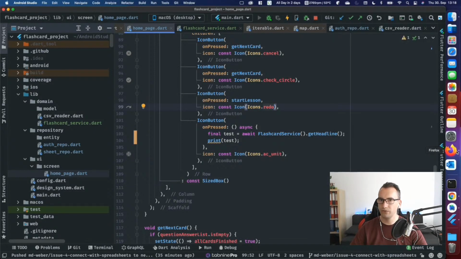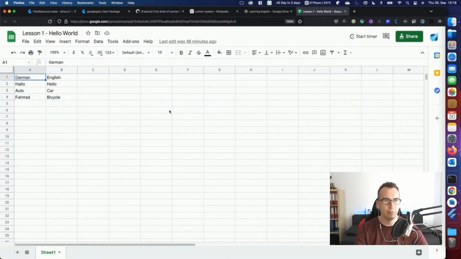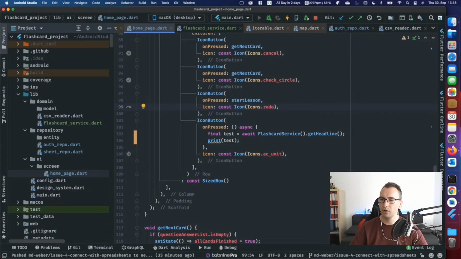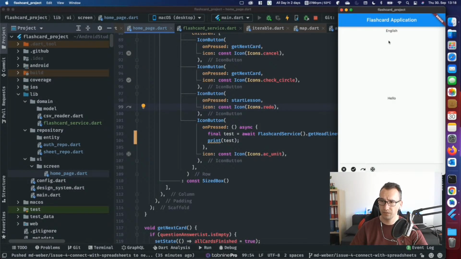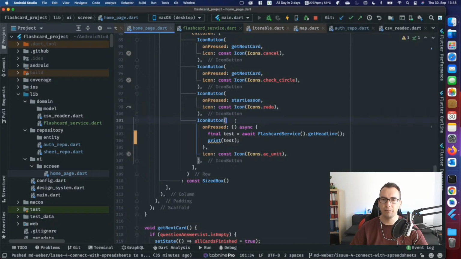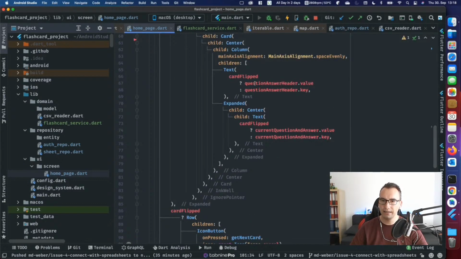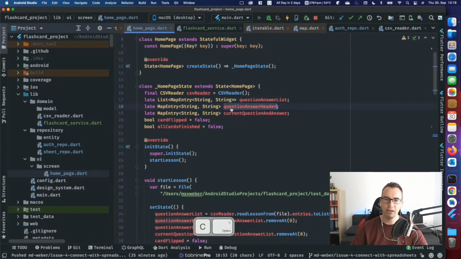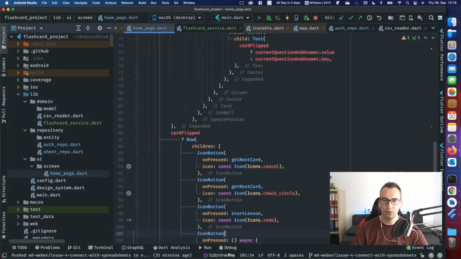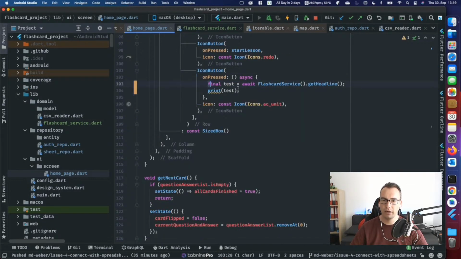So if I change it, for example, and say this will be Spanish and Portuguese, and save that, and we come to our app and we reload, then you can see the headline stays the same at the moment. But we get this from questions, answers, header with value and key. So if we pass this information inside here, that would mean whenever we come down here and we say, okay,